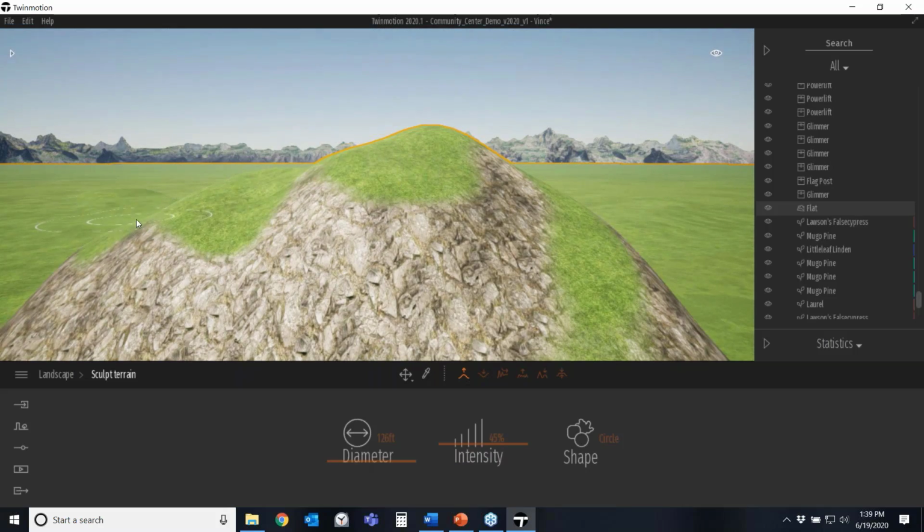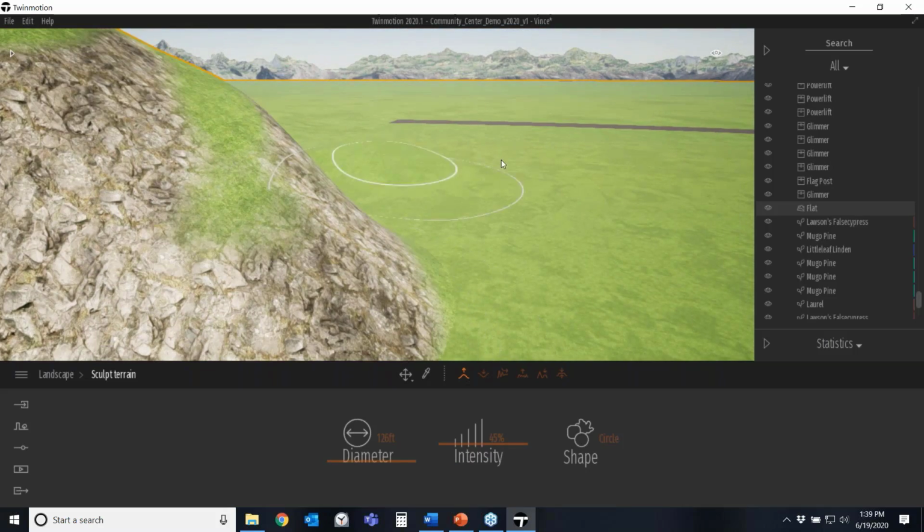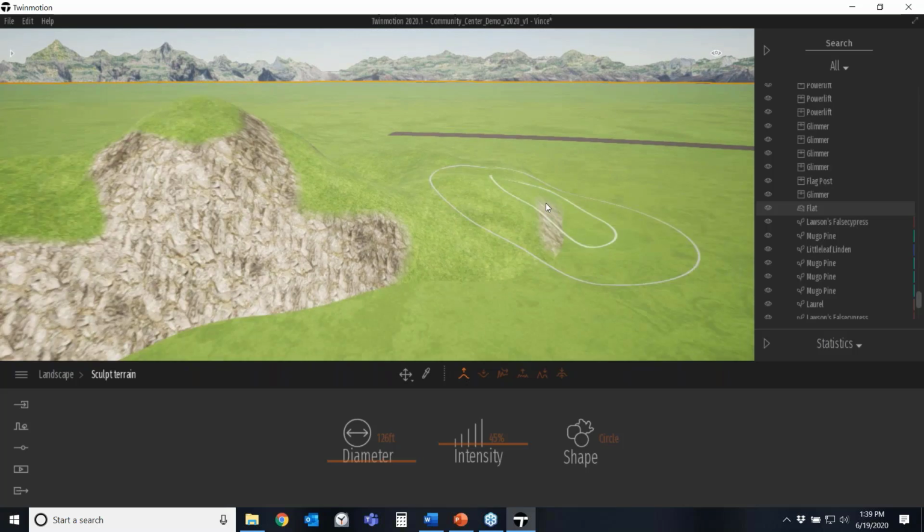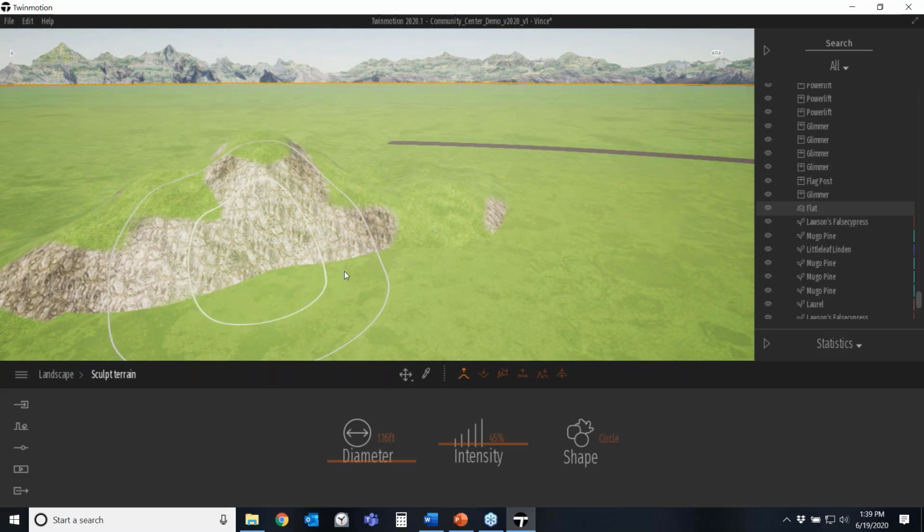But you can start to paint and mess with some of the terrain to really start to sculpt and contour the terrain. Some of the other terrain settings that we have,